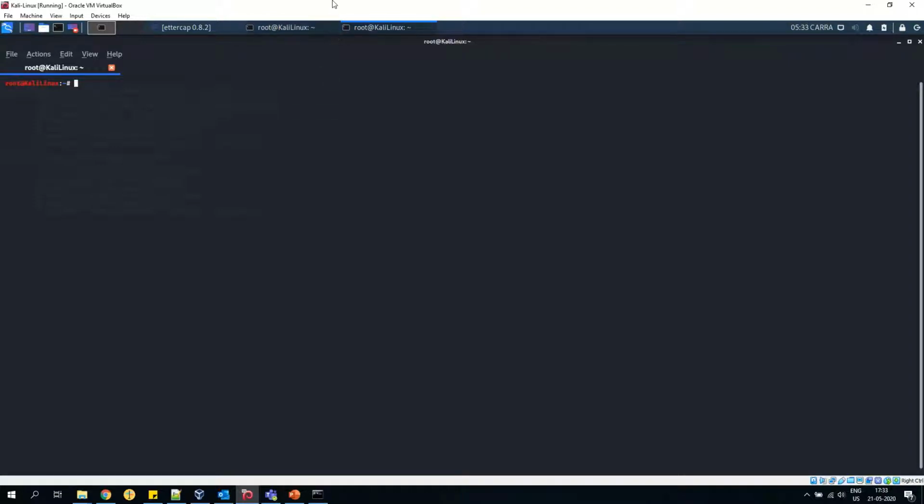Hi all. So this will be a video regarding a demo of Ettercap, how to use Ettercap to do man-in-the-middle attacks. So before you start Ettercap, make sure that you have this particular value set to 1. If not, you can use the echo command and set it to this